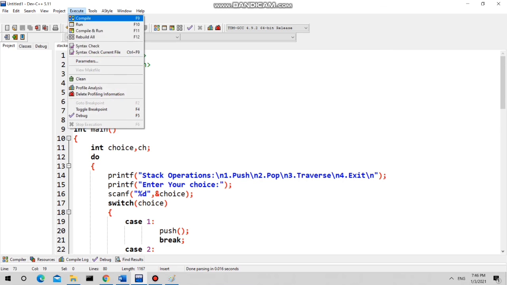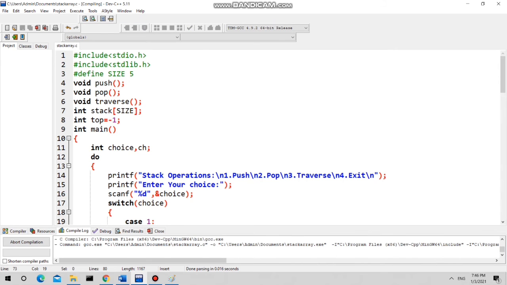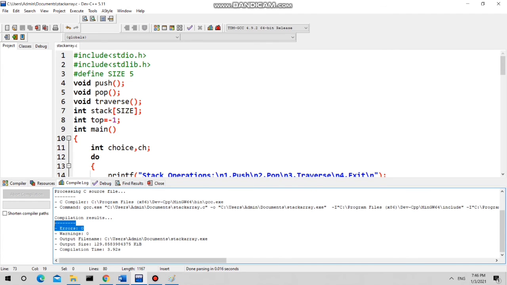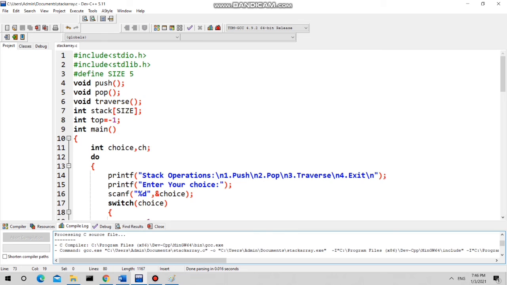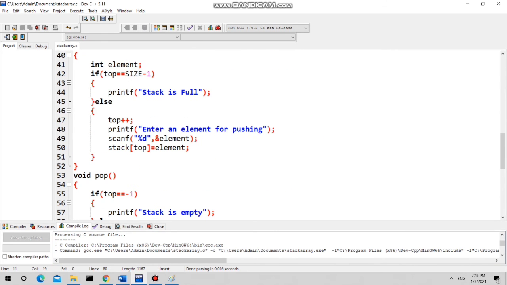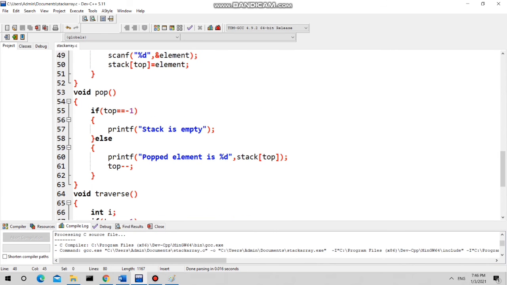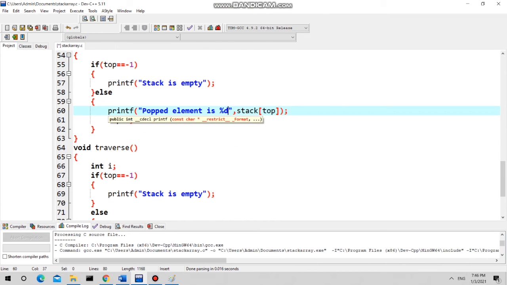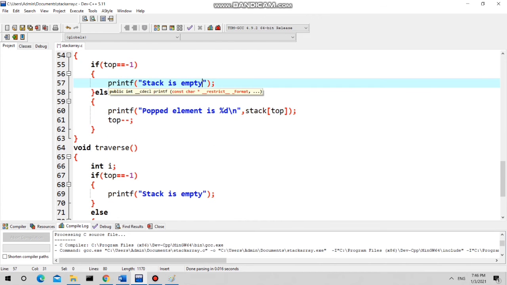So first compile this. Is there any error in this? So see, there is no error, there is no warning. Now let us see the output. I'm doing the formatting of this \n.